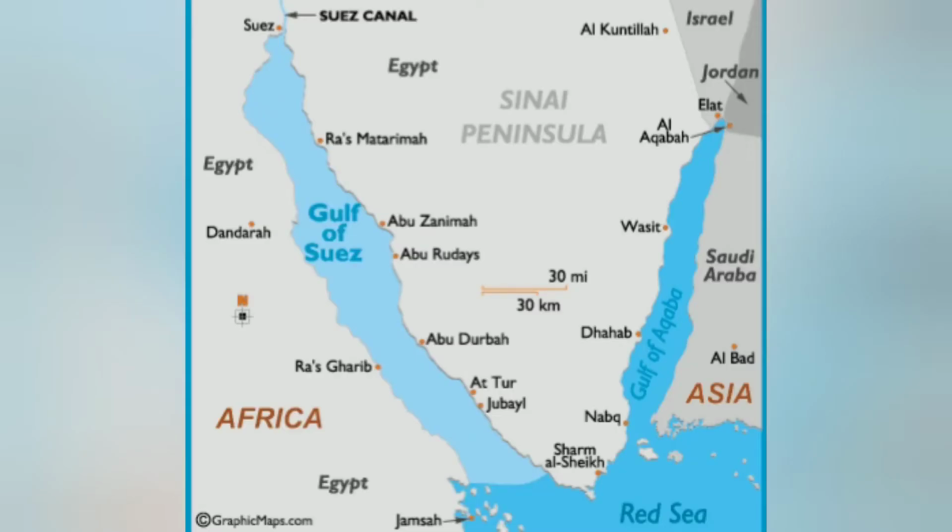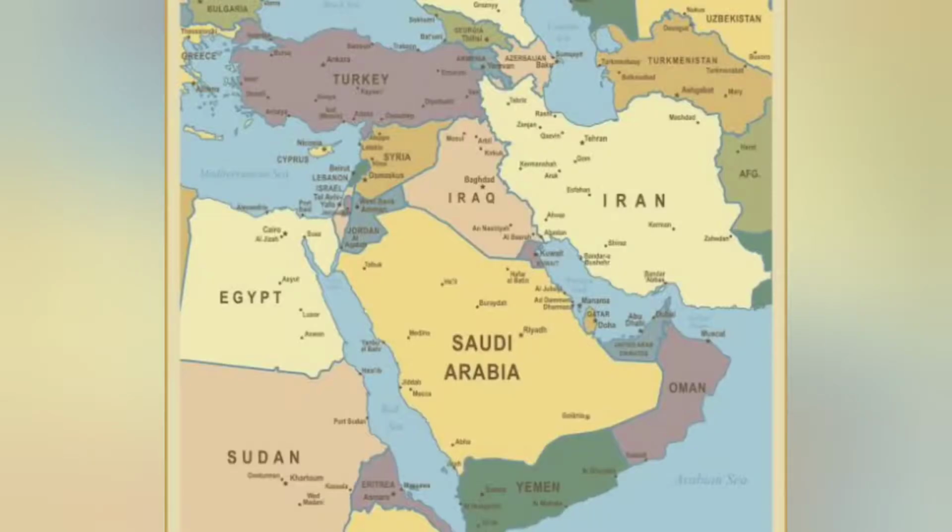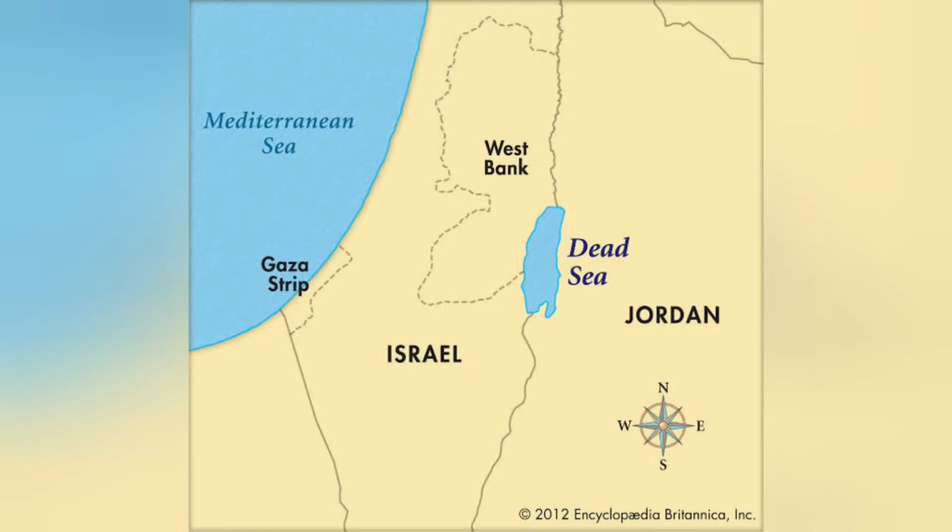There was the Gulf of Suez and the Gulf of Aqaba also. The Gulf of Aqaba is between Asia and Africa, but the Gulf of Suez is in Africa only. And there's the Red Sea also. If you look at the map, you have the Gulf of Aqaba, the Gulf of Suez, and the Red Sea in Egypt. Then we also have the Dead Sea, which is very near to the Mediterranean Sea between the Jordan and Israel border, and Christians do know it well. And apart from that, the Dead Sea has this location.